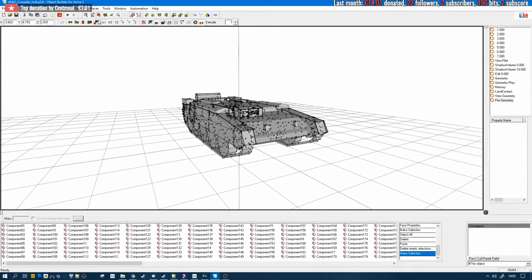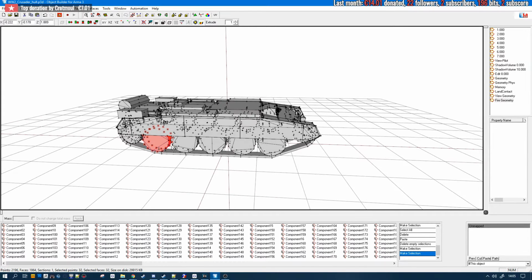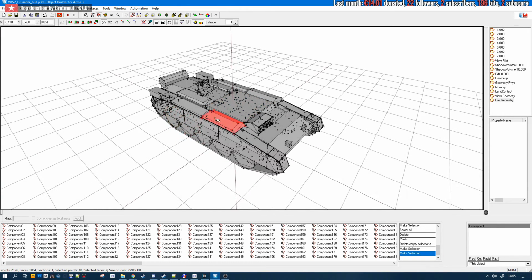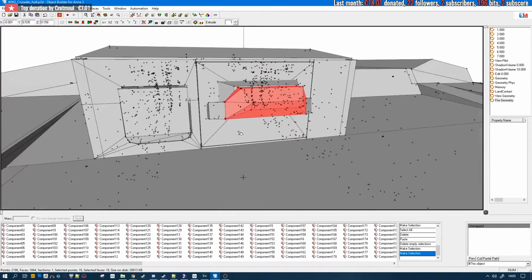For this, I have two ways to do it. The first is to select multiple components with select object, and the other is to go into select face, press shift and click, and it's going to select one component at a time. It's useful for catching some isolated components.